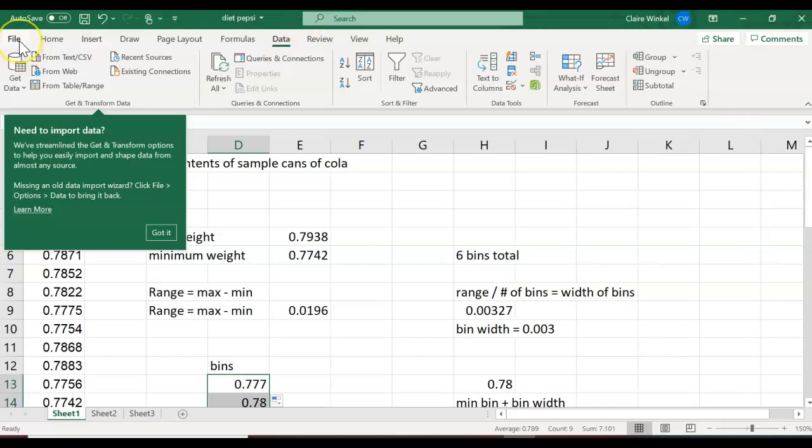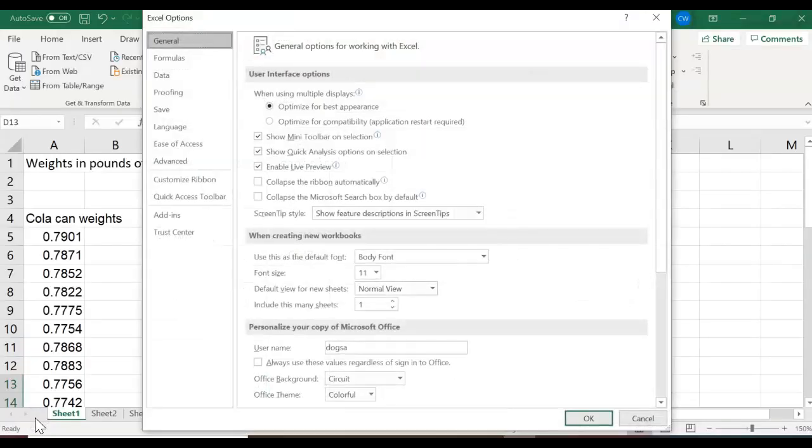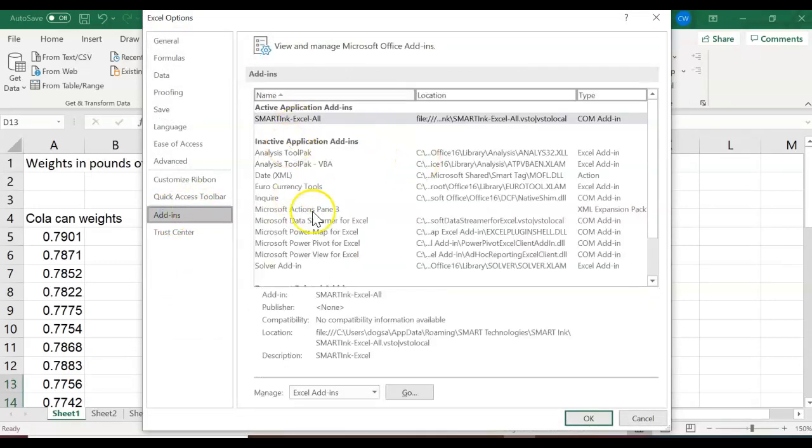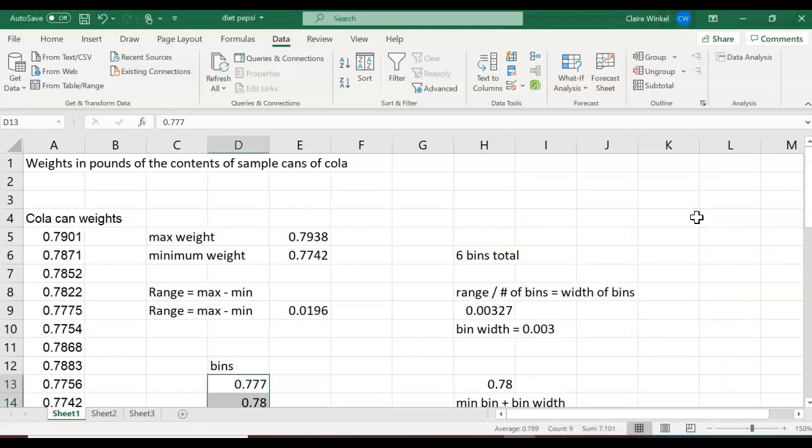To do that, we'll go over to File, scroll down until you see Options toward the bottom, and then on the left, click Add-ins. Okay. Here are all kinds of crazy add-ins that could be used. I'm going to go to the bottom of this page where it says Manage Excel Add-ins and click Go. I want Analysis Toolpack and Analysis Toolpack VBA, so I'm going to click on each of those, click OK, and